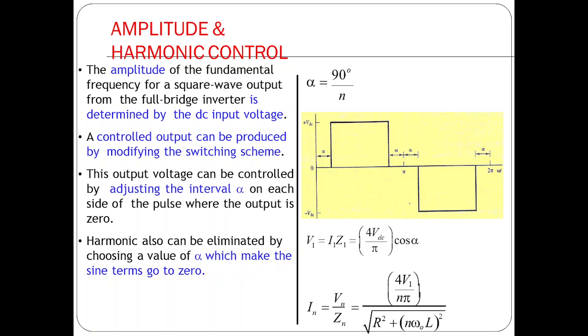So students, we have discussed the amplitude and harmonic control here, as well as the different techniques that are used for switching. By the switching technique also we can vary the waveform, and by varying the waveform we can get a pure sinusoidal waveform. And there are a number of controls also available, like the pulse width modulation control, which will be discussed in the next class.